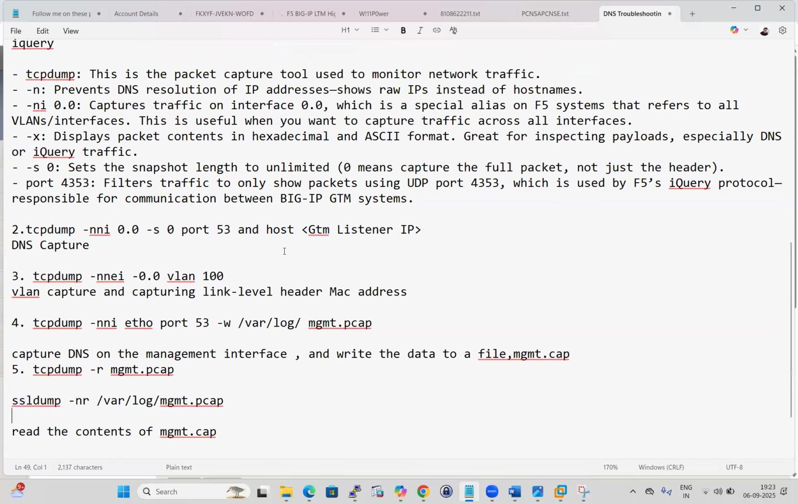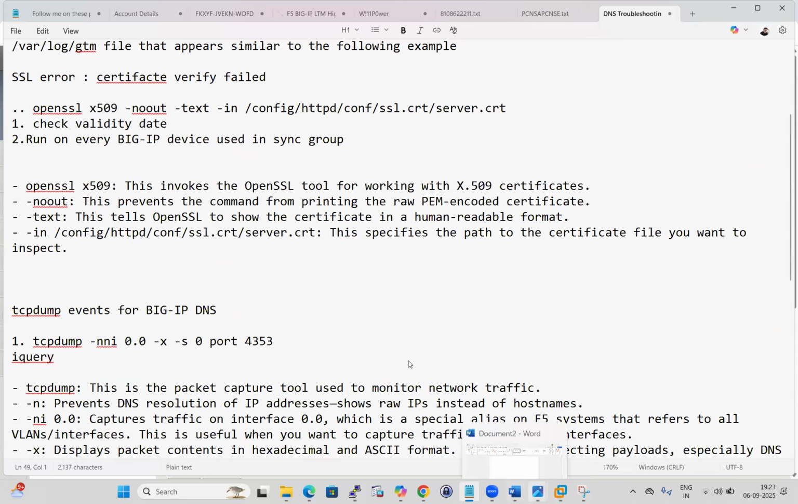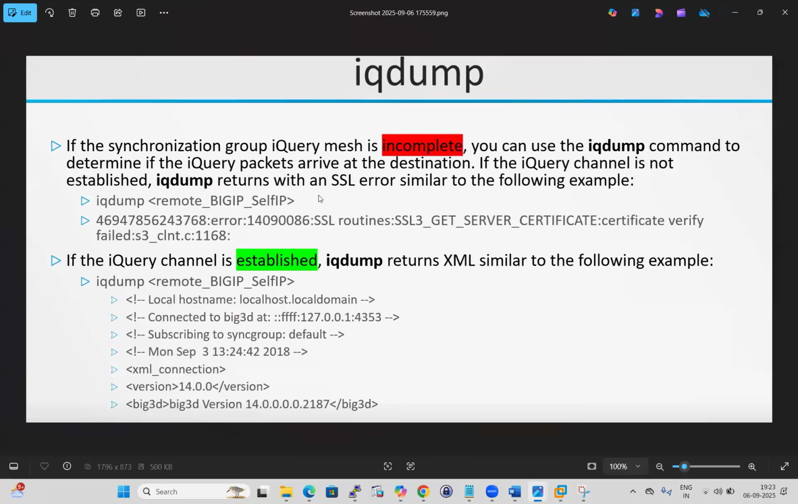So these are some important tools which play vital roles. And one more thing I want to show, guys: iqdump. We use iqdump to see whether the relation is established between our F5 DNS and related devices or not. With the help of iqdump, we need to run the command iqdump and then give the IP address of the F5 LTM devices. Once we run that, it will show connected. Connected means everything is good, like our communication between F5 DNS and